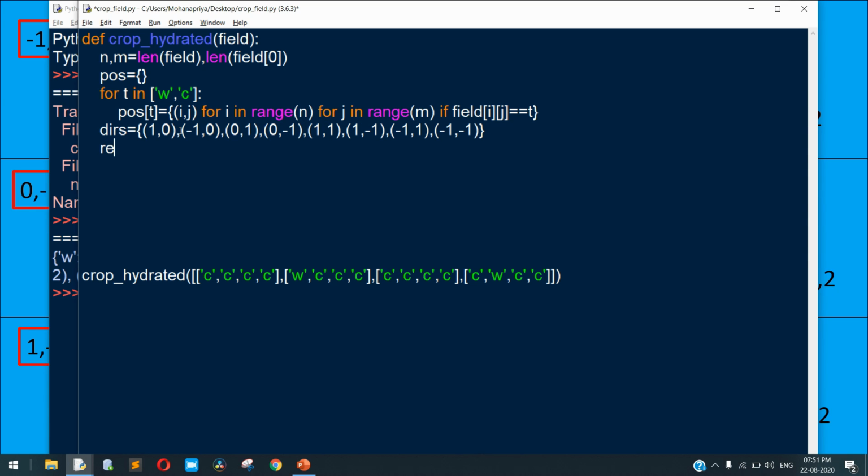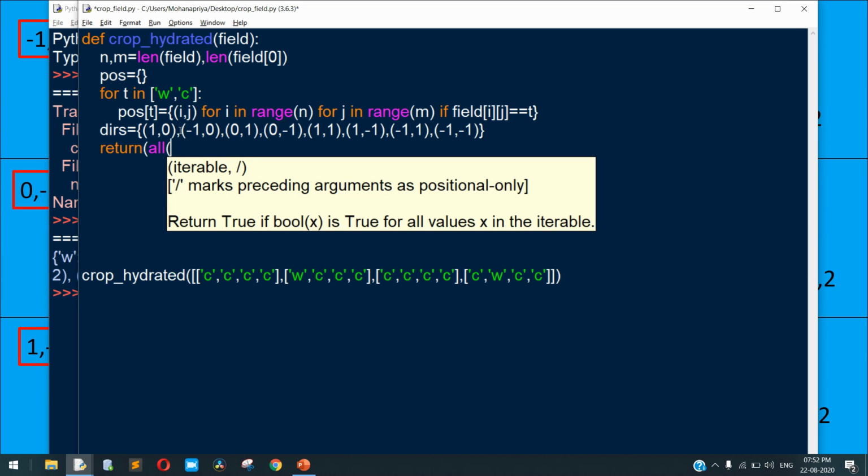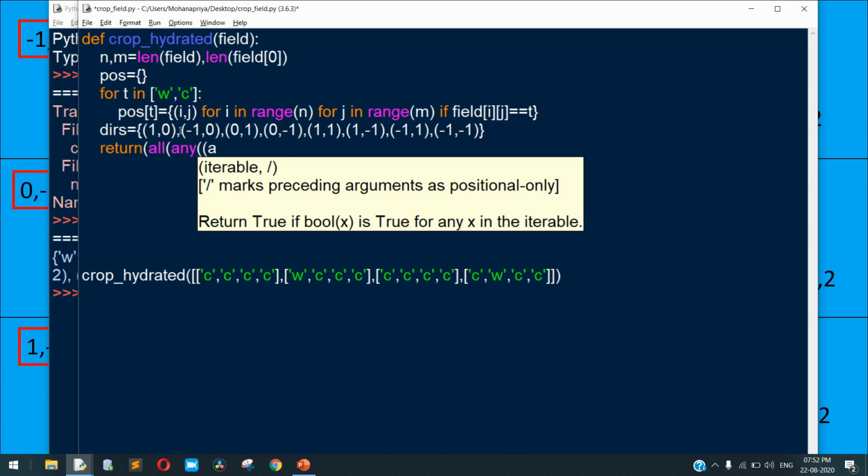Okay, so we just simply return that all the crops contain the water source in the nearby field. So all, and another one is any. So any one of the tiles that is around the crop may contain water source. For that, any. So there are two variables, a plus i and b plus j.